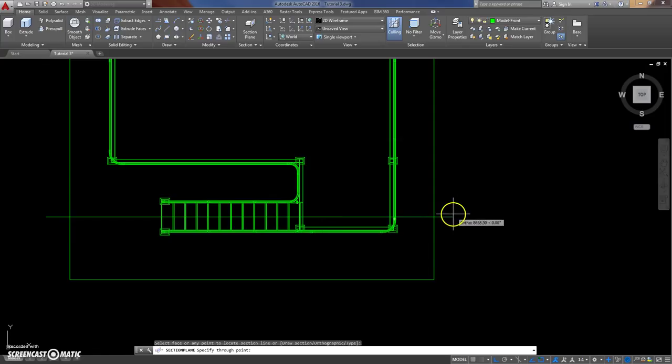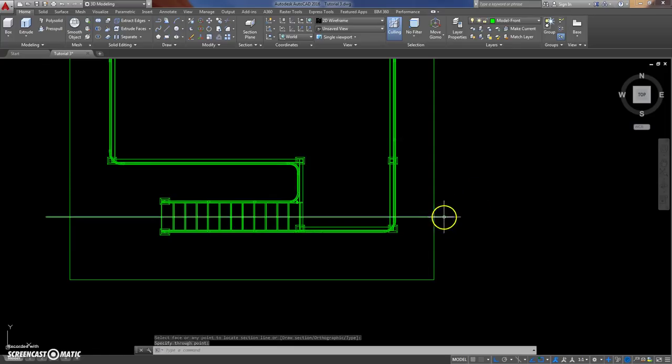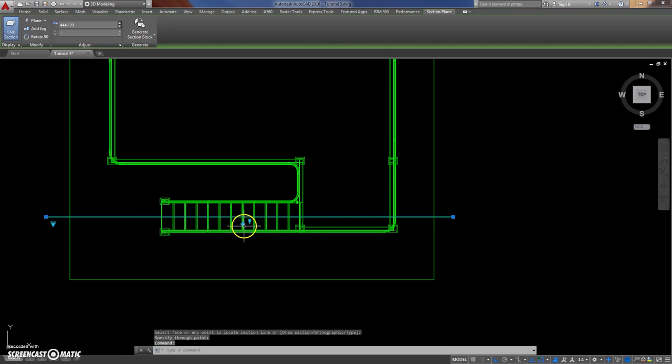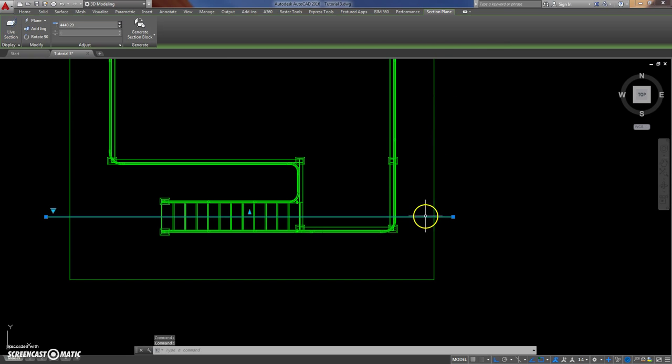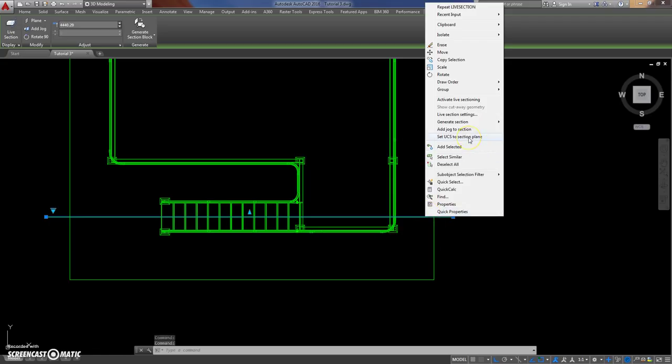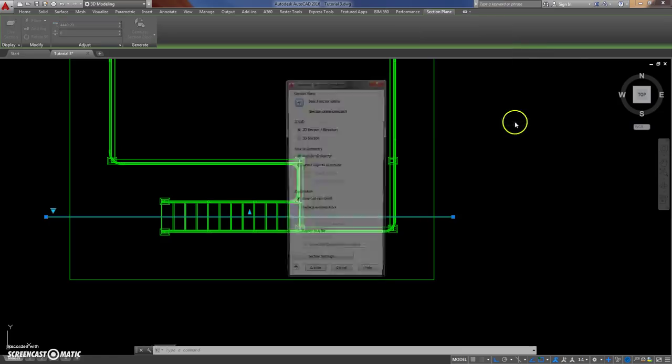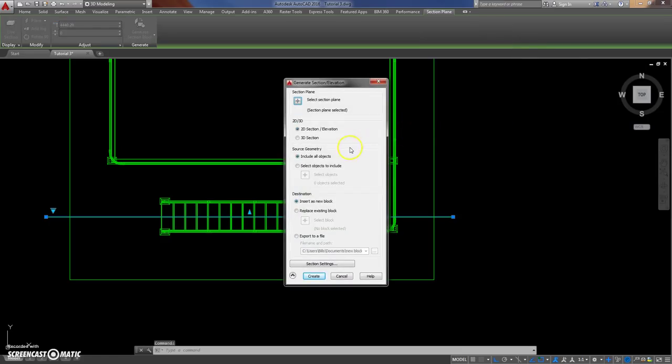It's outside the model. See, it's done it right there. Now if we click on that, we can switch it to the other way, so it's looking that way. We can right click on it and turn off activate sectioning, and we go out to the 2D block, okay, and then